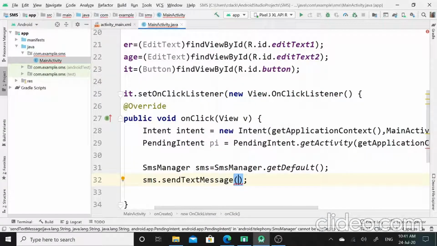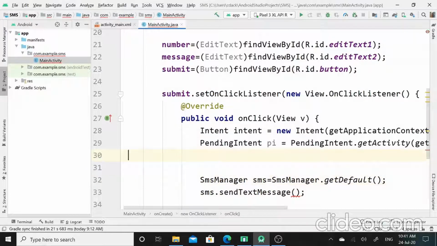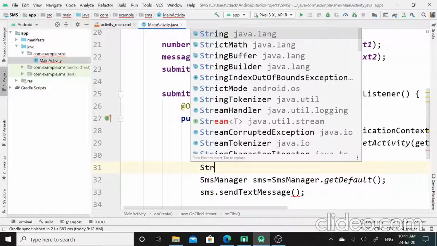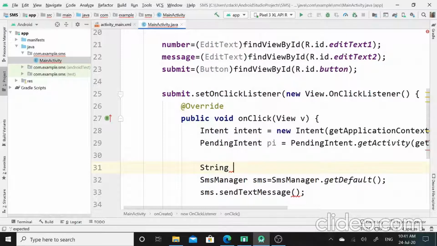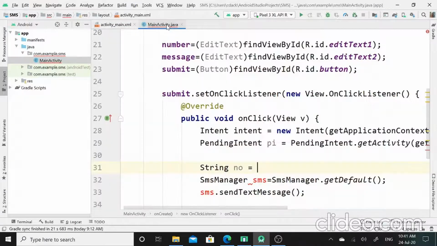So here before this sms reference of the SmsManager class, I will declare one string variable that is no. It is of string data type, and I will assign this contact number value to this number variable.